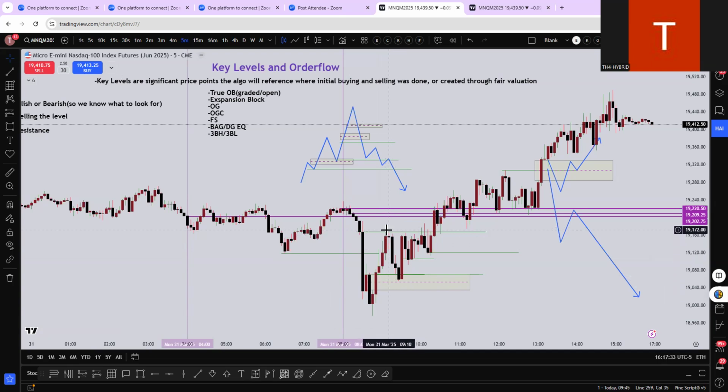So when you're trading this retracement, you're targeting fair value for buying. In bullish order flow, when you're buying in fair value for buying, you're targeting previous highs. Because in bullish order flow, previous highs will get traded above, previous lows will act as support. So if you're following your confirmation of direction and your order flow,